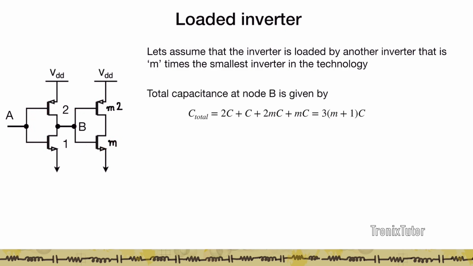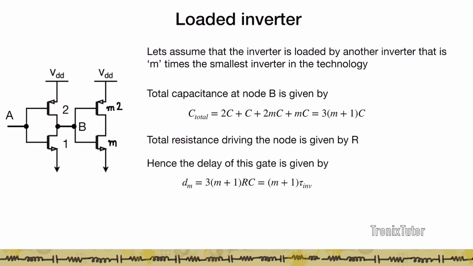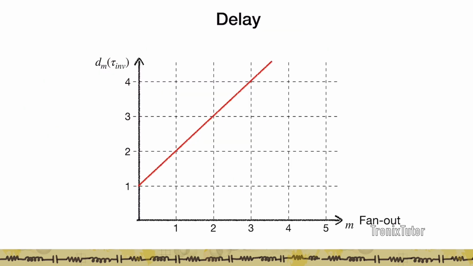So in that case, the total capacitance at node B is going to be given by the intrinsic capacitance of this inverter, which is 2C plus 1C or 3C, and the fan-in capacitance of this gate, which is 2M plus M or 3M. So the total capacitance at node B is given by 3 into (M plus 1) of C. The charging or the discharging resistance in this circuit is still going to be R because of the NMOS or R because of the PMOS. And so the delay of such a gate is essentially 3 into (M plus 1) times RC or (M plus 1) tau inverter. If I have an inverter driving another inverter whose size is M times the initial inverter,